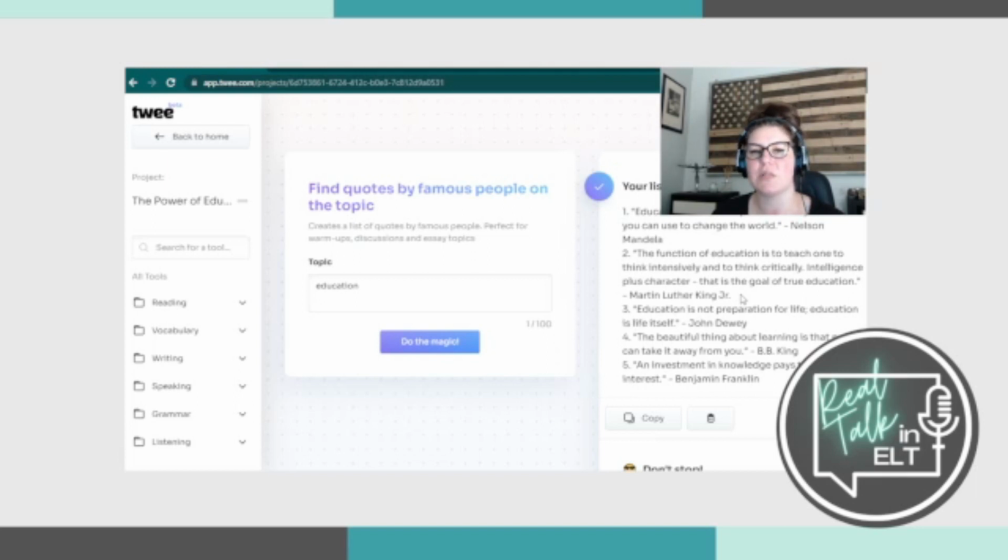Here's why I was a little wary of this. For education, they have one from John Dewey, B.B. King, Benjamin Franklin. These are pretty well documented people. I can't imagine that they would be misquoting it. And as AI is trained on set models, I imagine that it probably has this hundreds of thousands, if not millions of times in multiple places. And so it's been trained properly. However,